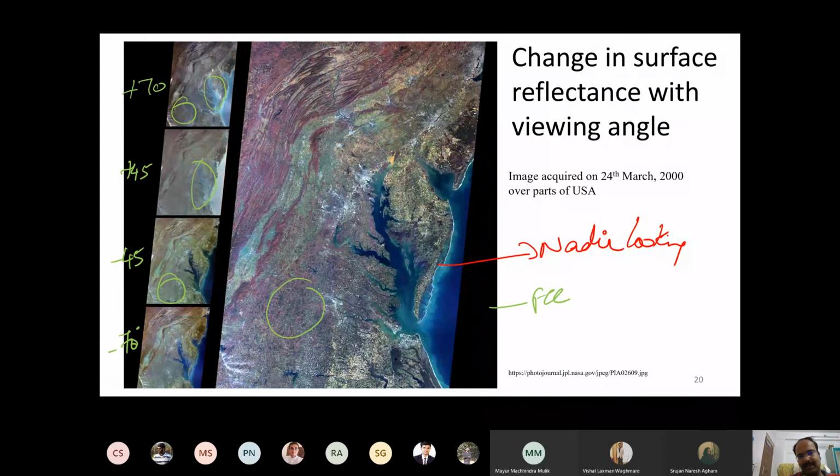This is another example of why we should consider this viewing angle effect. Whenever you calculate surface reflectance, for the sake of simplicity, we will assume the surface is Lambertian. Like in the first equation, I just said use E equals L pi. Assume the surface as Lambertian. That is the most simplified case. In reality, most surfaces are not Lambertian, and unless we correct for this viewing angle or BRDF effect, our actual surface reflectance is going to vary. That's the major message I wanted to convey to you.